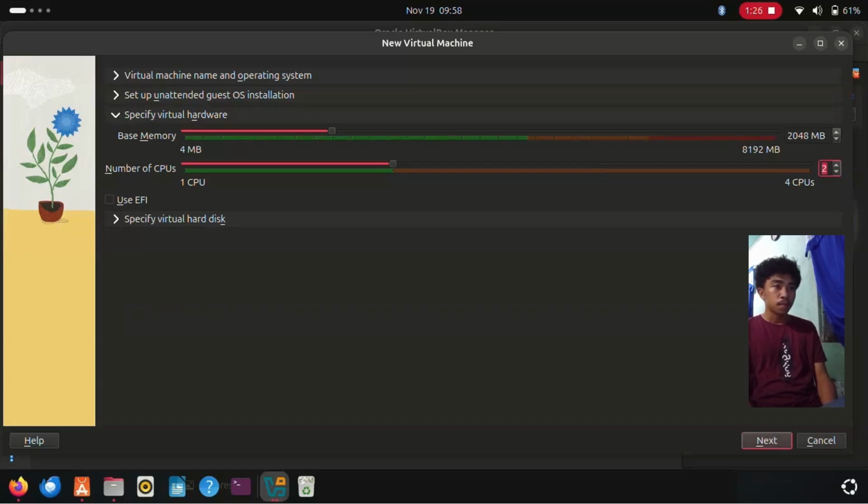you can specify the virtual hardware using base memory and the number of CPUs. You can adjust the MB on the base memory and the number of CPUs.